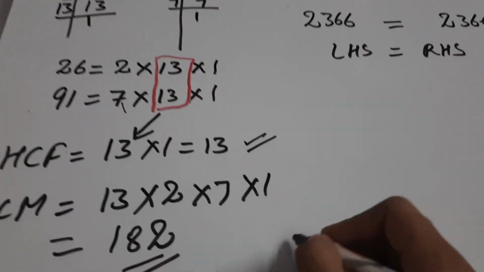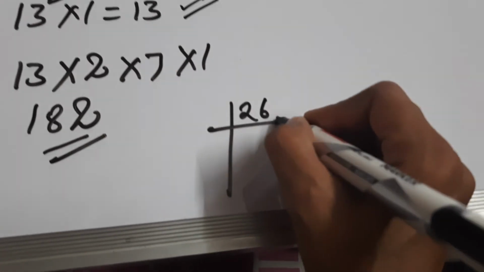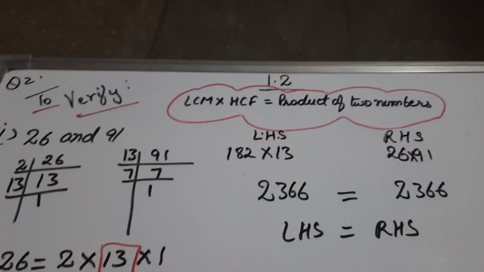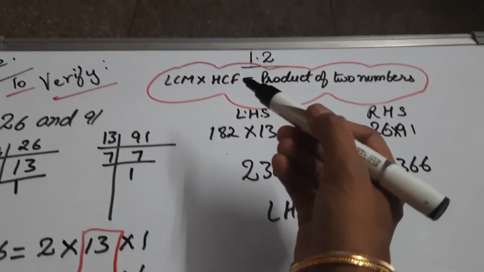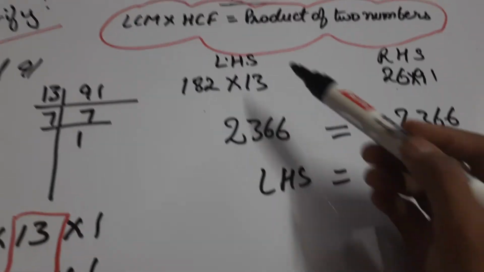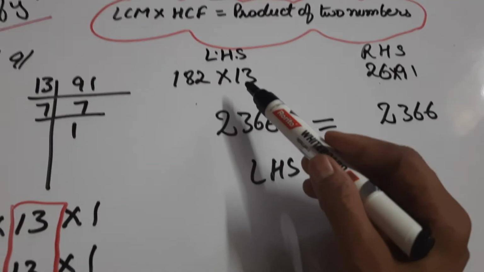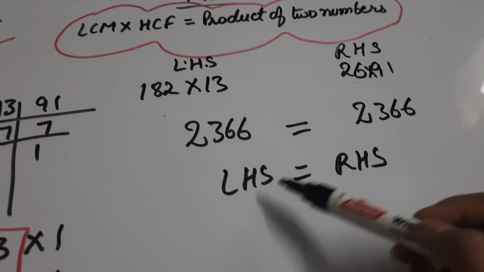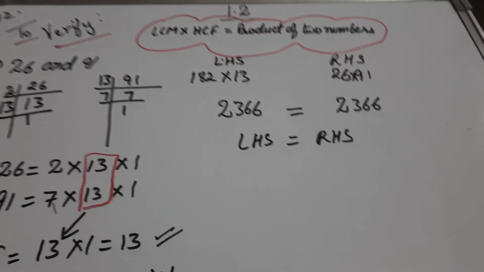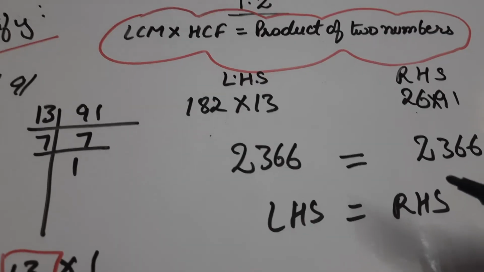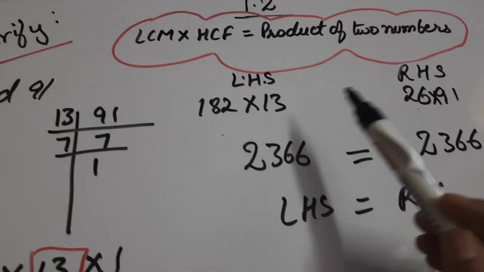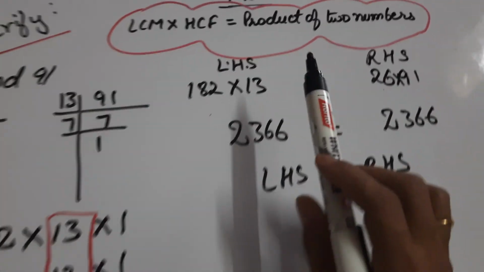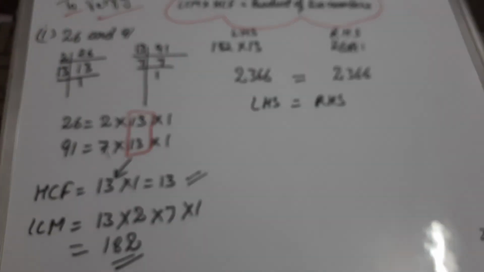Or you can solve LCM in this way also, as you have studied in your junior classes, like this, right? So in this way, and to verify, here is the formula to verify: LCM into HCF is equal to product of two numbers. So in this way you will get LHS, that is HCF into LCM is equal to product of two numbers. And the other form of this question can be asked to you in the exam, like they will give you LCM and the two numbers, you have to find out the HCF by using the formula. So you can solve that question using the same formula.